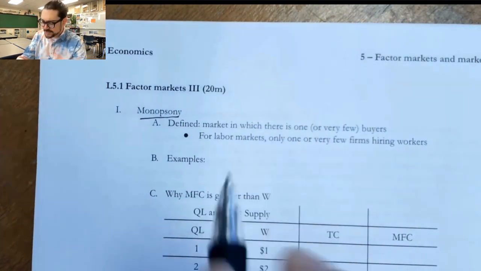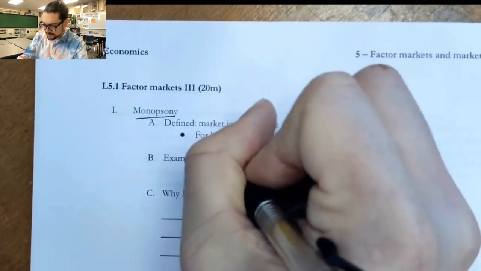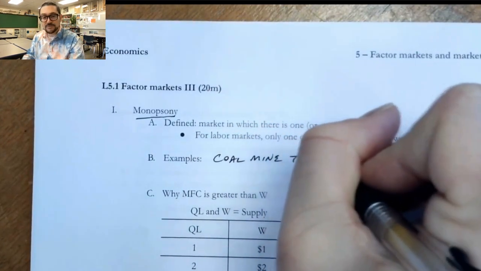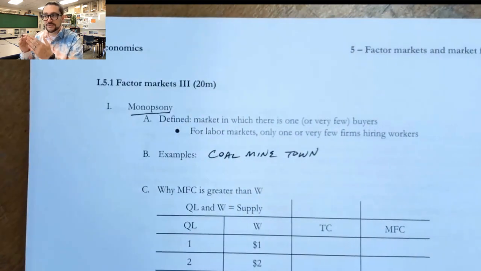So a monopsony in terms of our pure example would be like, for example, one buyer of maybe labor. The oldest example in the book is a coal mining town. And in the coal mine town, everybody works for the mine. Everybody works for either the mining company store or they work for the mining company housing. They might work for the local mining company security force. Everybody works for the mine. And so there's only one buyer of labor in that case.